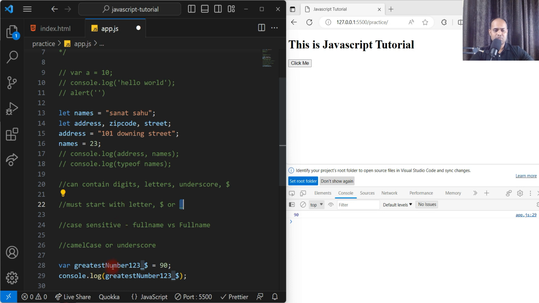What do you mean by case sensitive? Suppose I give my name as full name, and I have to display it as full name only. When I display it, full name is coming. Now if I write it in caps instead,